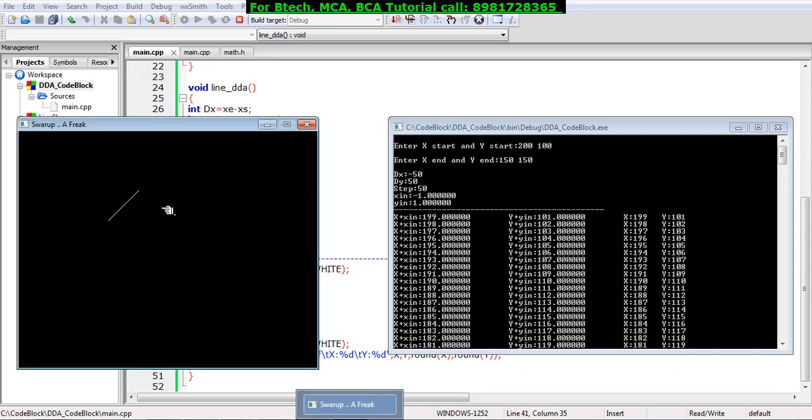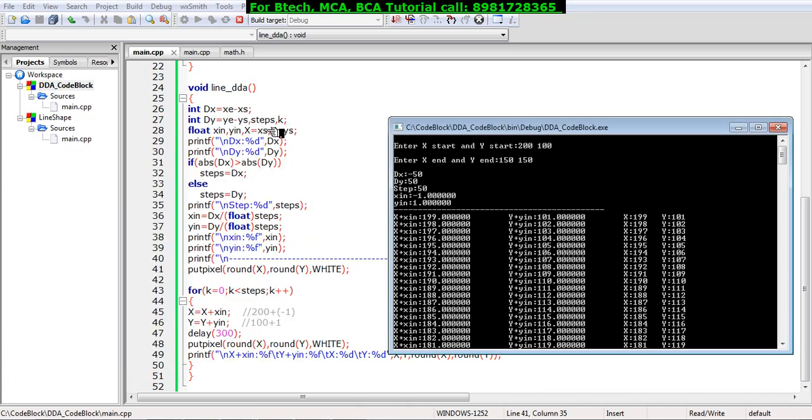This line has to be generated, and for that there needs to be an adjustment of the column and row, and for that purpose x and y will be used. So minus 50 and 50 are stored in dx and dy respectively. Now we store the step value, and for that we make use of the absolute function. Absolute dx, which is 50, is not greater than absolute dy, which is 50, so dy, having the value of 50, is stored inside step, and that is the reason the step value is 50.